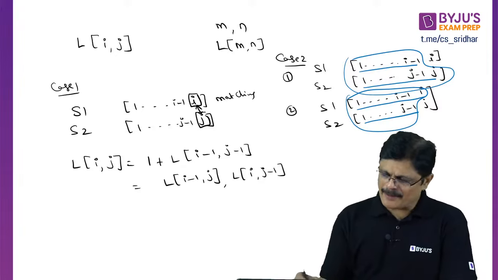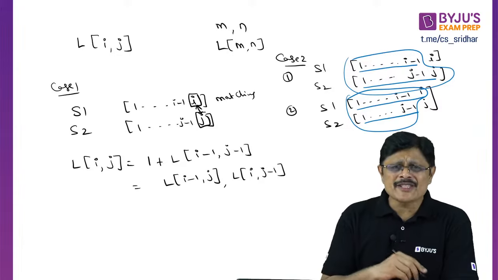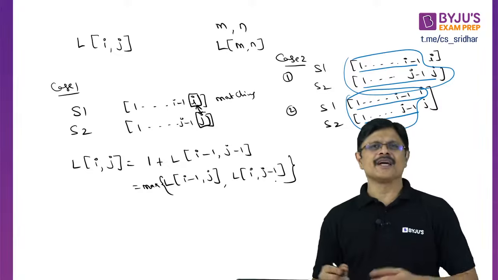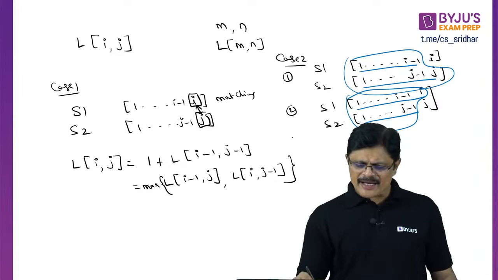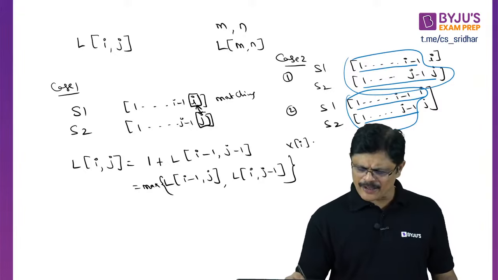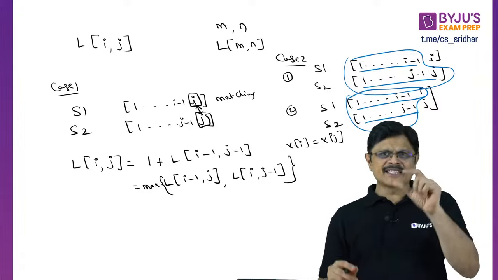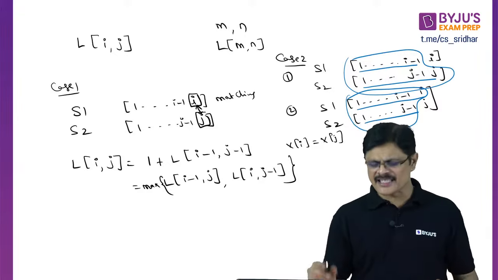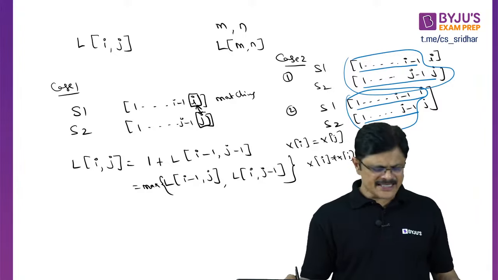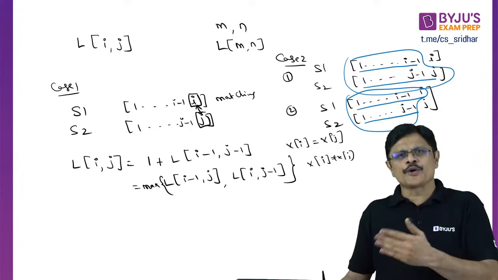Now look here, this is what happened. But in this, whatever is minimum, are you looking for maximum subsequence or minimum subsequence? Maximum. So whatever is maximum, that you have to consider, my dear friends. So when the xi value is equal to the yj value, the ith symbol here and the jth symbol there are matching, then this is what happens. If they are not matching, then you are going to consider this, my dear friends.